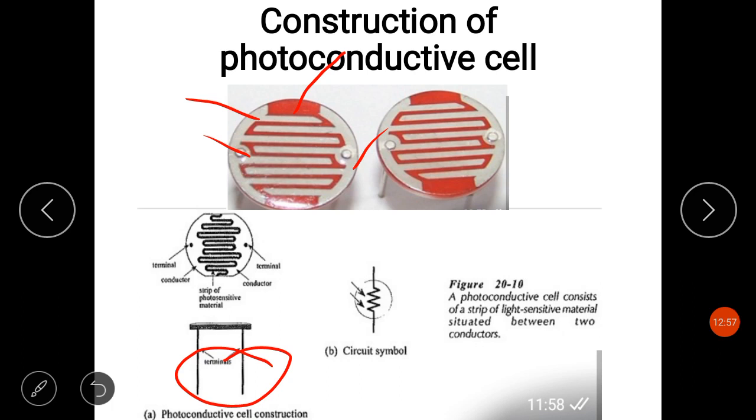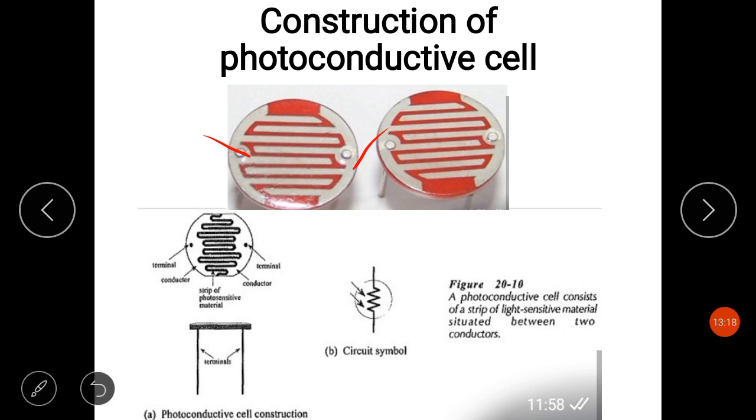Now, why such a structure? Why are we going for such a structure? What is the reason behind this zigzag? You can see this photoconductive material. If you look, you will conclude that it is present in the zigzag form. So why this type of construction? What is the reason? The actual reason is